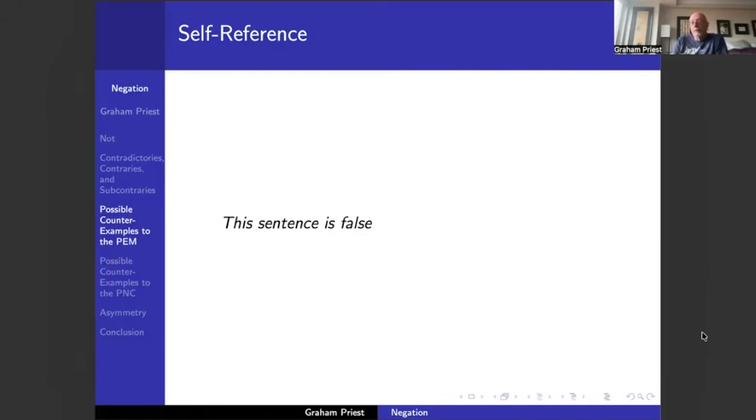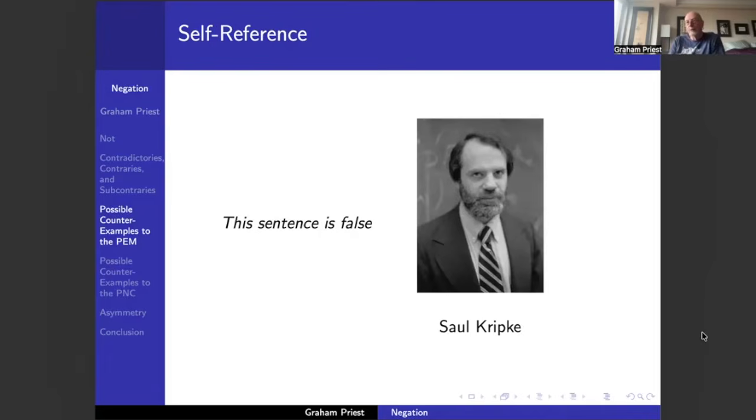Probably in the 20th century, the most famous person to have said this is this guy, Saul Kripke, who published a very influential paper on the matter in the 1970s. So there I've given you three possible examples or counterexamples to excluded middle. And let me stress that all those examples are contentious, as are all the examples that I will give concerning non-contradiction. So there's a lot more to be said about all these examples, but I'm not going to say it here. You can think about them for yourselves.